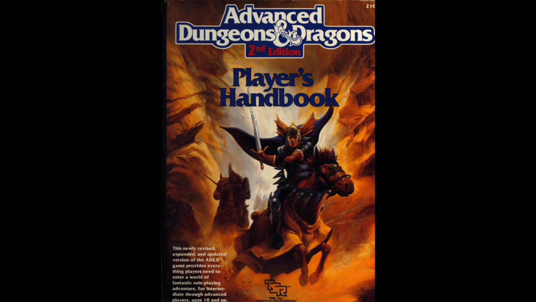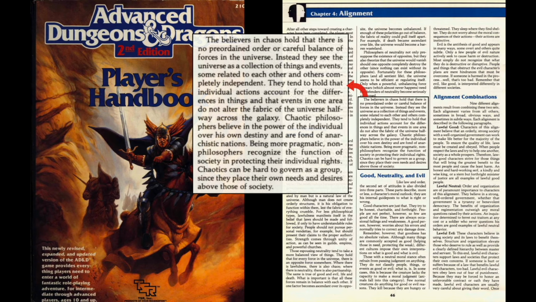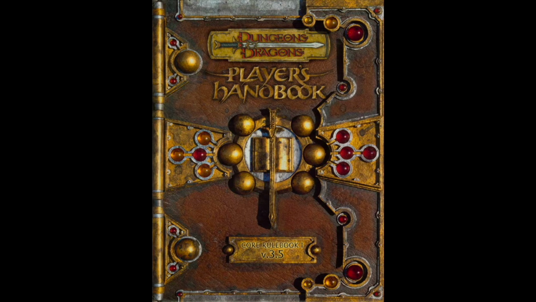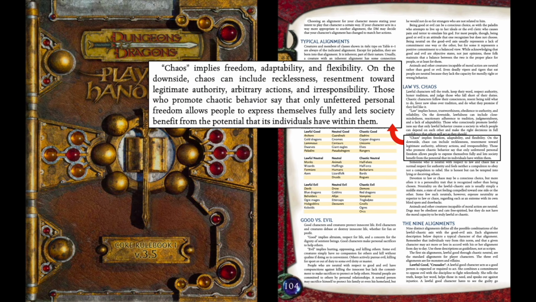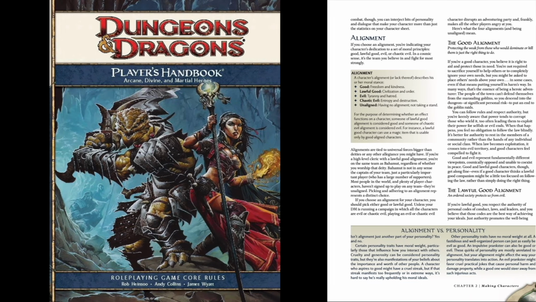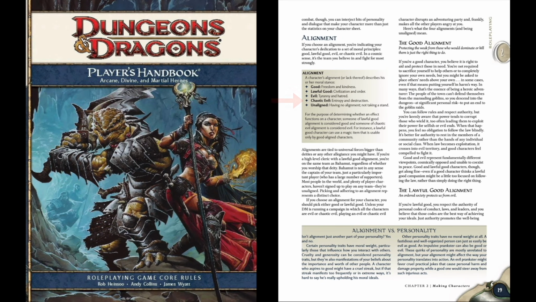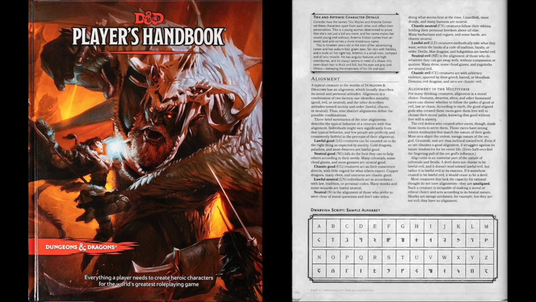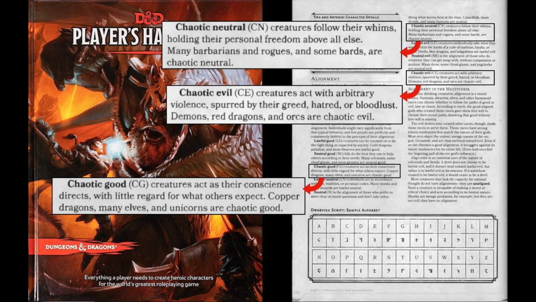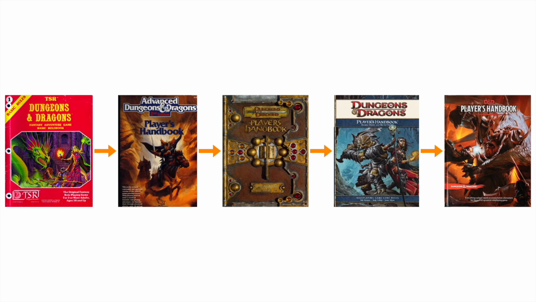2nd edition, which has a 2-axis alignment system, adopts more of that self-determination and less of the luck mindset. 3rd edition's version of chaos moves further away from randomness in its definition. It emphasizes freedom, adaptability, flexibility, and self-expression. 4th edition has no independent definition for chaos, as chaos can only be attached to evil. 5th edition makes it clear that, like 3rd edition, chaos is not about randomness, but about self-direction and following your whims. The general direction of these changes is that as the editions go on, the law-chaos spectrum becomes less about a character's views on the structure of the universe